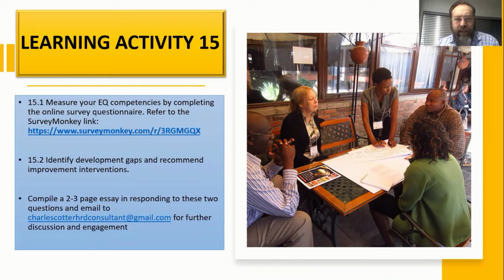So again, I've given you the link of activity 15, question 15.1. Again, it's a 10-item questionnaire survey. It shouldn't take you more than 2 to 3 minutes. Again, the same scoring scale as the emotional engagement survey, ranging from strongly disagree. You'll see it gives you a self-scoring indication of, as a percentage, what your emotional intelligence is. And again, of the 10 competencies, I'd like you to identify 2 or 3 gaps where you feel the scores were not that adequate. What can we do to improve on that? Put it again in a 2 to 3 page essay.